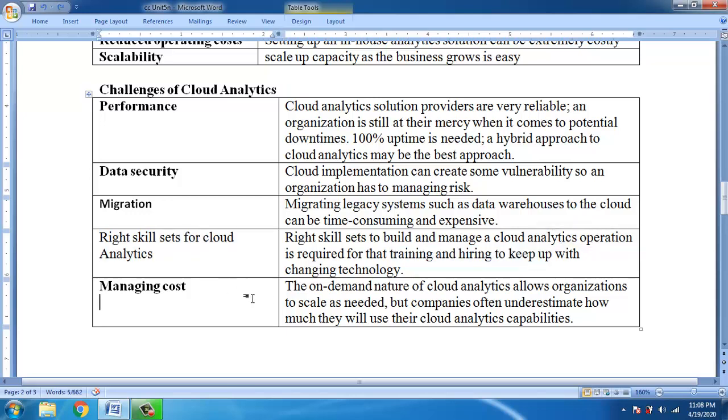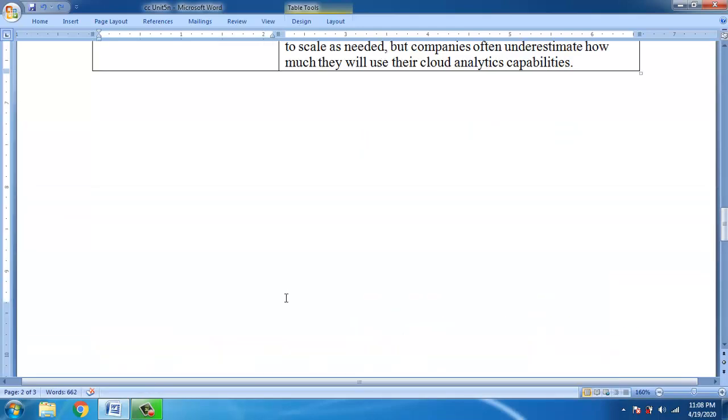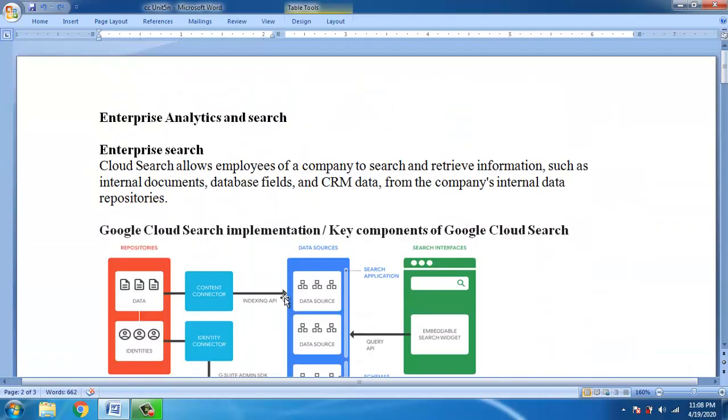Next one is managing the cost. These cloud services work on demand: how much you use, that much only you pay. So this is about the topic, that is the search,